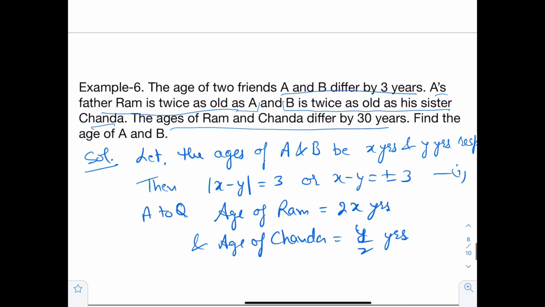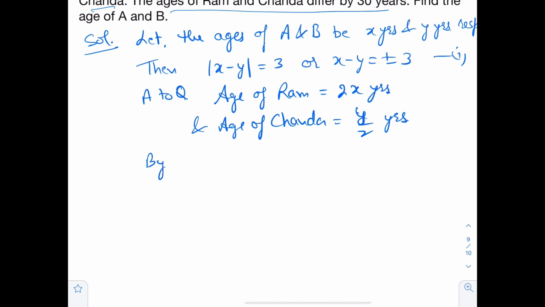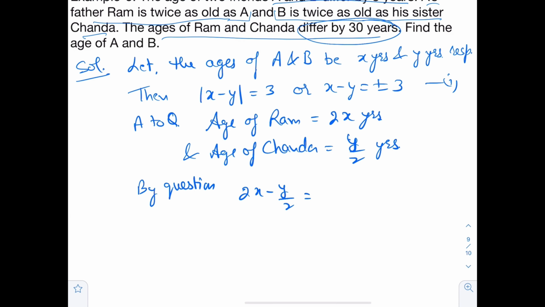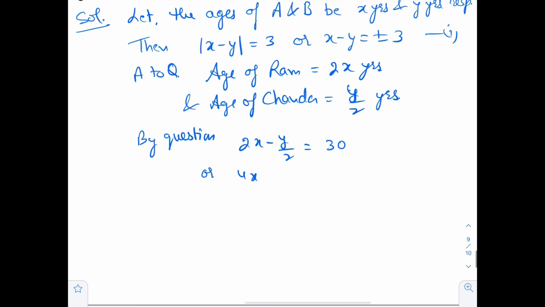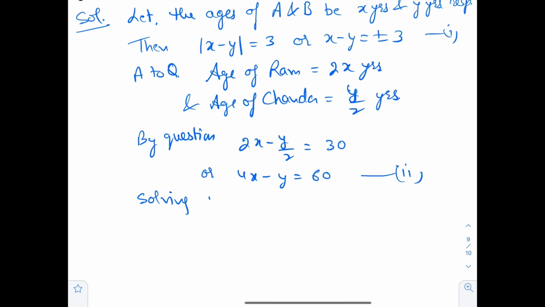And by question 2x minus y by 2 equal to 30 years. This is also given कि 30 years है इनका difference. और we can write 4x minus y equal to 60, and this is equation number 2. Now solving 1 and 2, we get